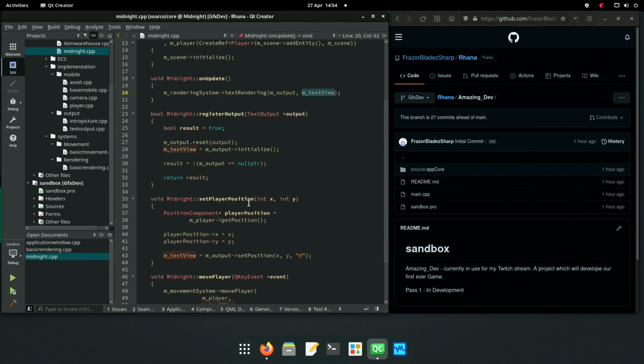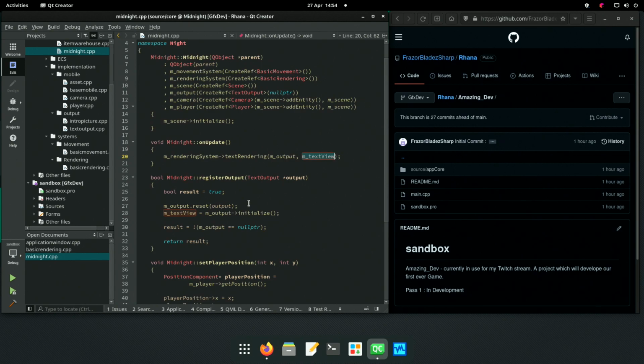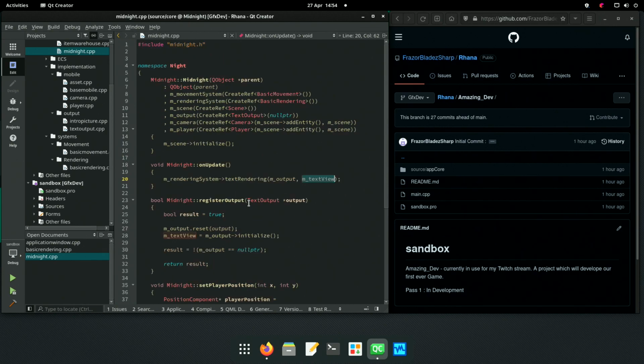Well, there must be some kind of size limit to that output. There probably isn't. There must be. There doesn't have to be. That's interesting. So we can use this function here, and it will tell us whether it's okay or not. So we can register any output we like, just using that function there.